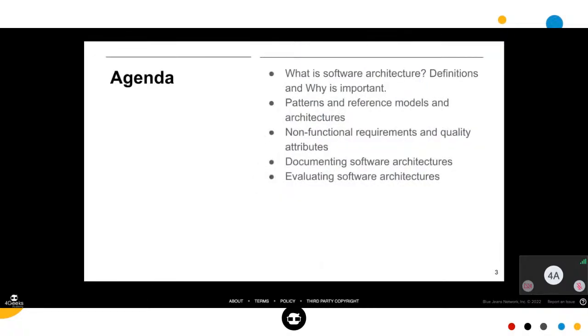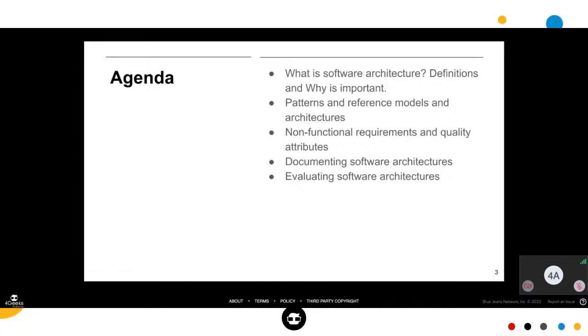Okay, this is the agenda for today. First, we are going to start to try to define what is software architecture. We are going to see different definitions. We are going to see why it's important, right? Here we are going to stop a little bit. We are going to discuss definition, components, and many other elements or artifacts around the